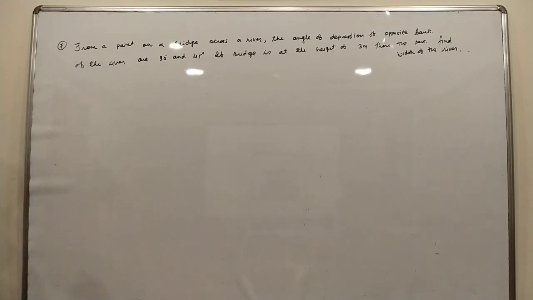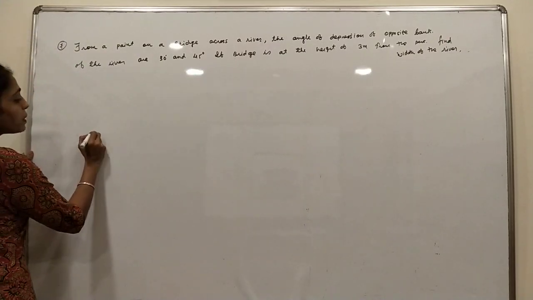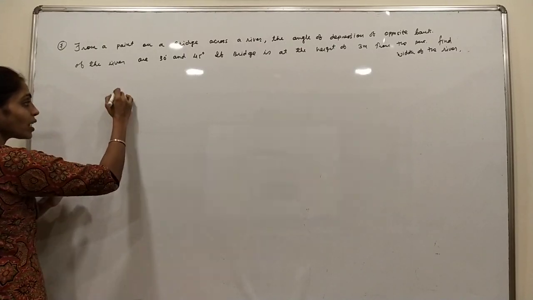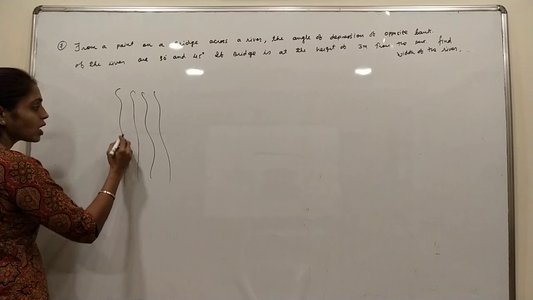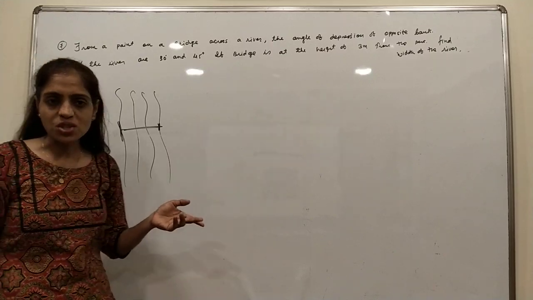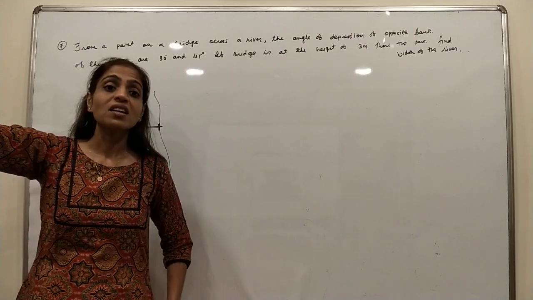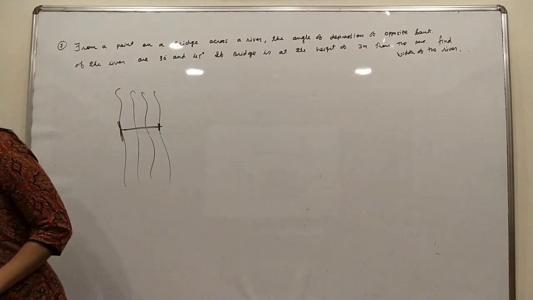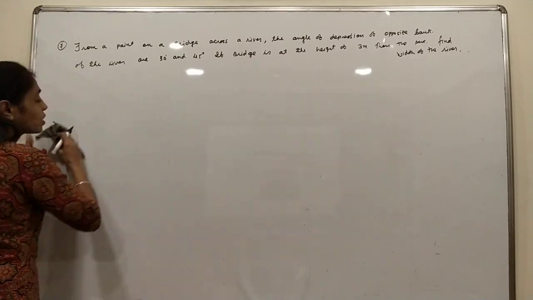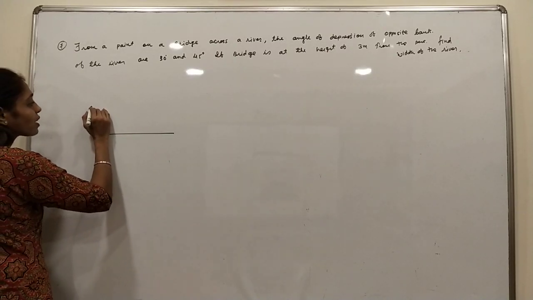Now start. From a point on a bridge across a river. Let it be a river, and the river is flowing in this direction, and these are the two ends. This is the width of the river. Length we cannot measure. Can the length of the river be measured? No. Where it originates and finally meets an ocean, right? So length we cannot measure, but the width we can. This is the width of the river, and on it let there be a bridge.